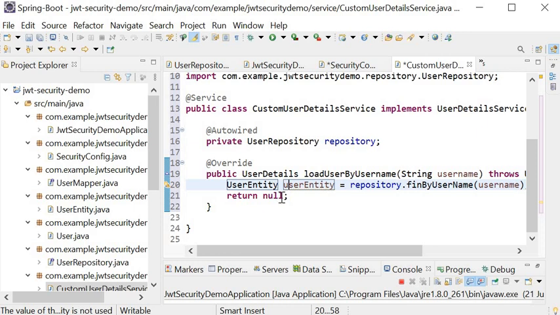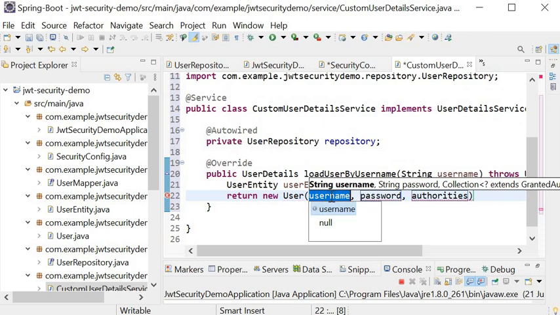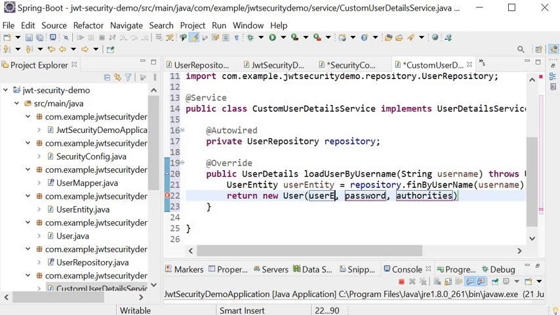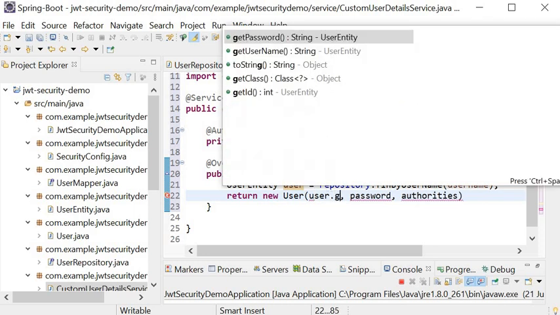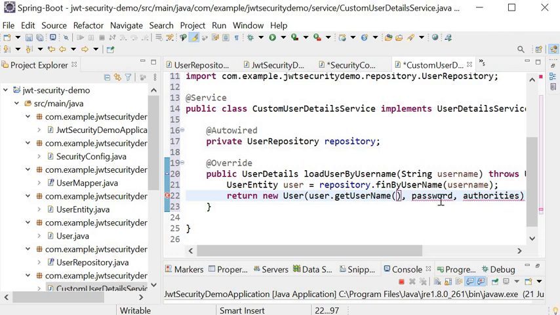So here I will return new User, and I will read the parameters from the user entity: user.getUsername, user.getPassword.